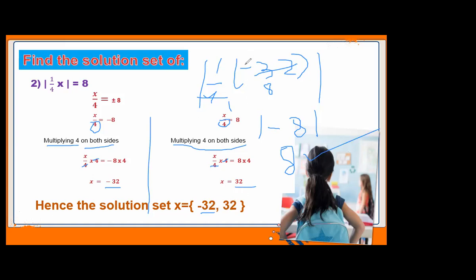Now students, if you put plus 32 over here, you get 4 ones are 4, 4 eights are 32, plus 8, and when plus 8 is written inside the mod, we get the answer 8. Again we get the correct answer. Here you can see on the right hand side 8 is there. That means our solution set is perfectly okay. It's correct. Is it clear?